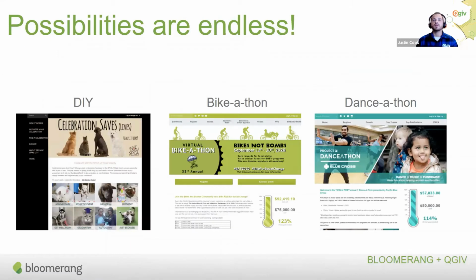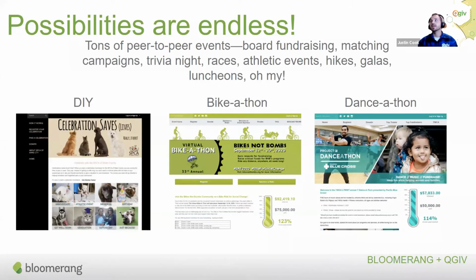And the possibilities for your virtual fundraising ideas are endless. You have do-it-yourself campaigns where you empower supporters to fundraise for their anniversary, athletic events, memorials, birthdays. Even bike-a-thons, we're talking about those, will grow well within the virtual components and the hybrid model, and even Danceathons. But there are tons of other peer-to-peer fundraising ideas that your organization can take part in, including board campaigns, matching campaigns, COVID campaigns, food drives, virtual tours, garage sales, trivia, game night, and when we return to the hybrid events,